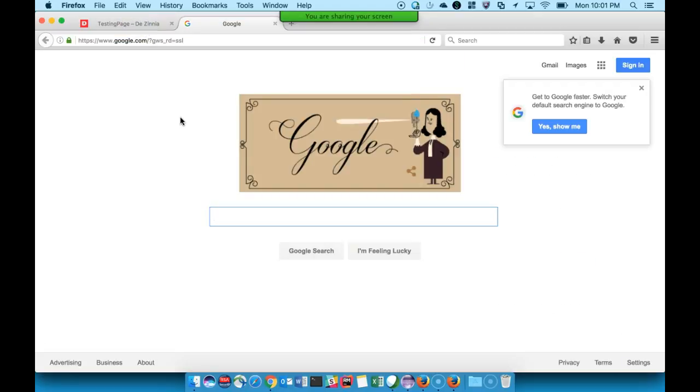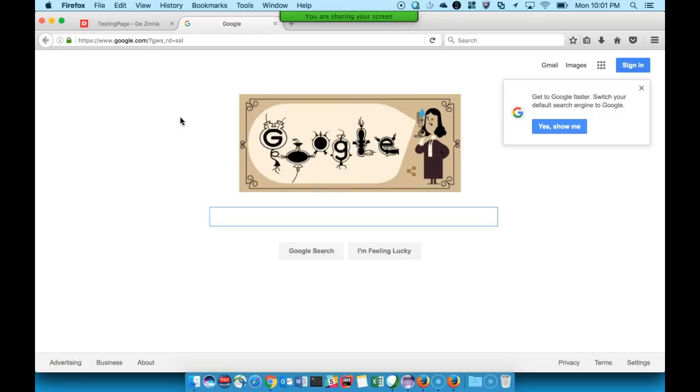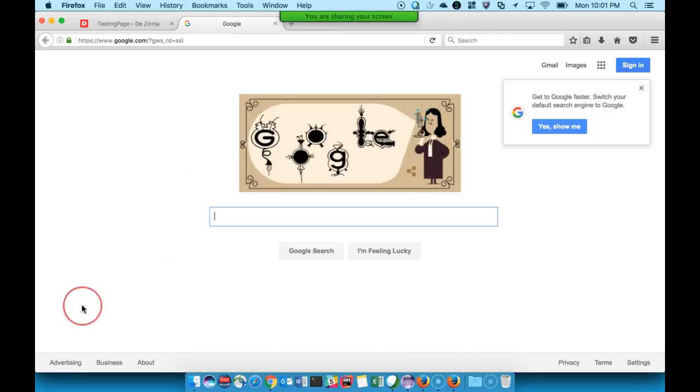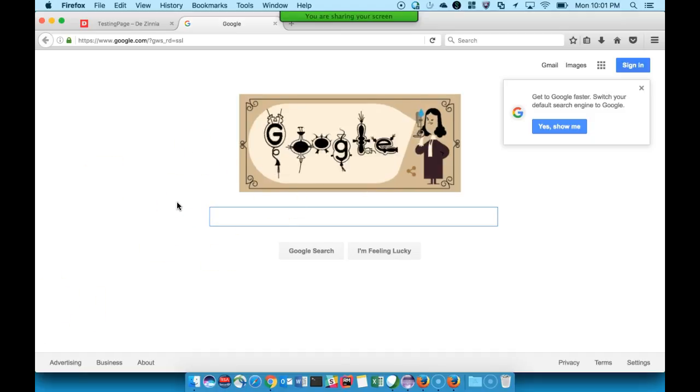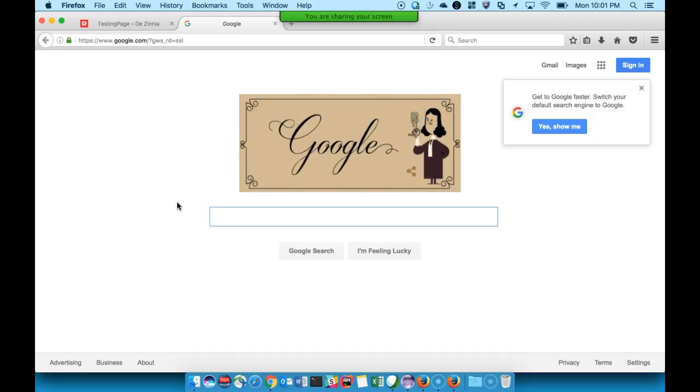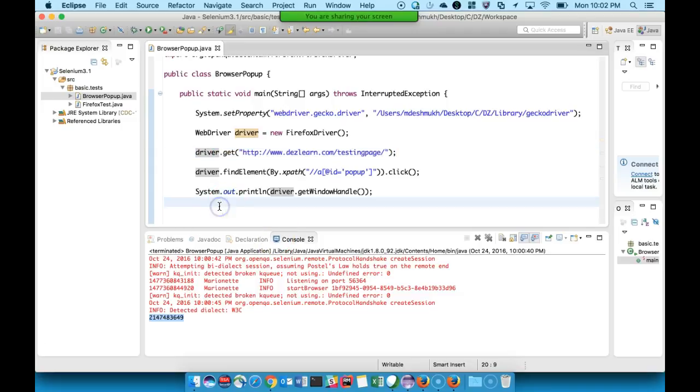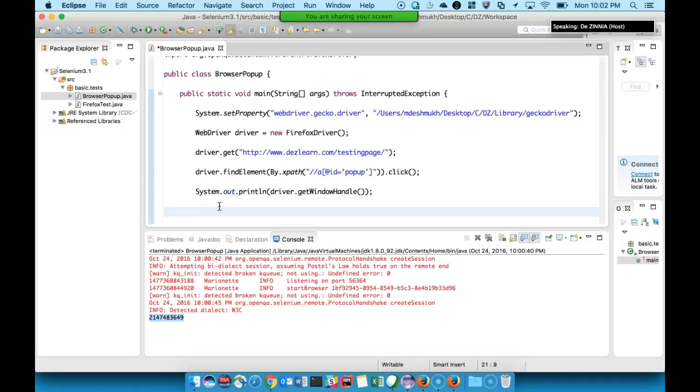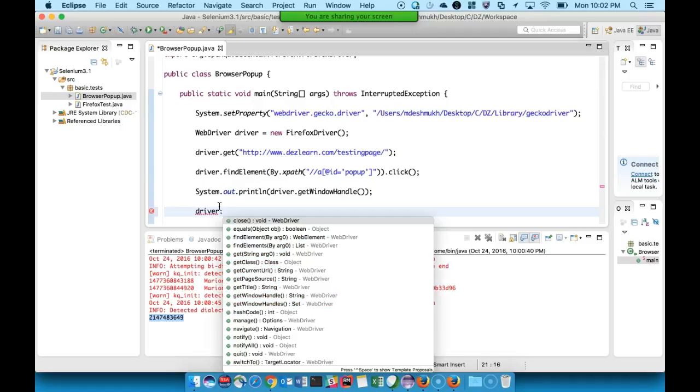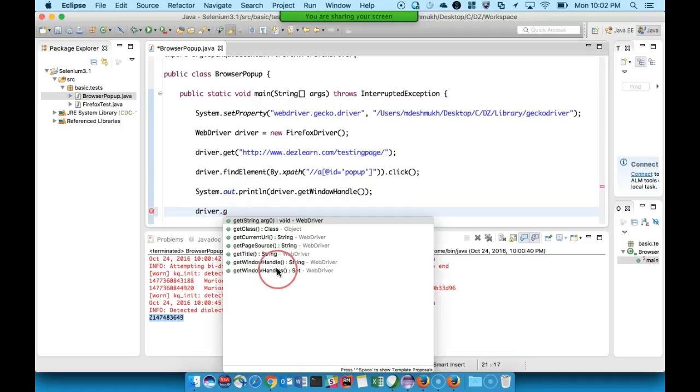Each window has a window ID or window handle, and all we need to do is find out the window handle of the second window and switch the driver to that second window. In order to go to the second window, there is something called driver.getWindowHandles. If you see here, there are two methods.